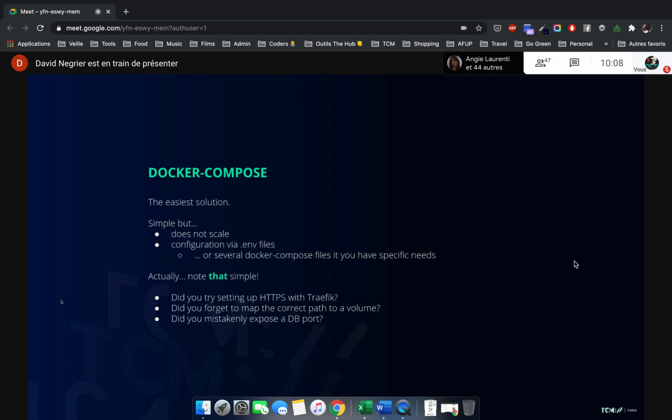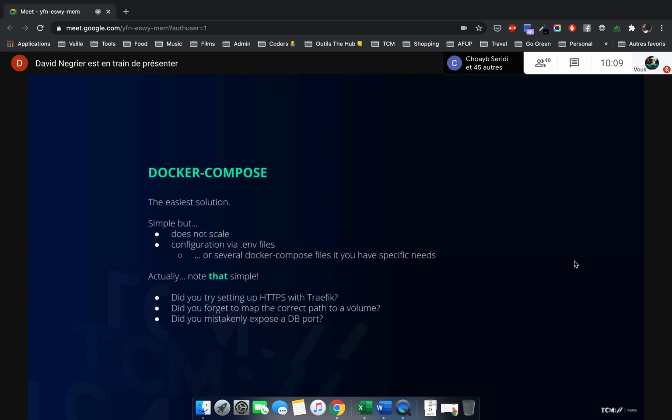When you start, you always think, okay, it's going to be easy, and then when you deploy in production, you realize, okay, so I have not HTTPS enabled in production, so I need to set up HTTPS. I'm going to do that with Traefik. How does it work? I want to set up HTTPS with Let's Encrypt. I'm going to create this acme.json file. If you forget to put it, you're going to be banned after about 1 week. If you put it,